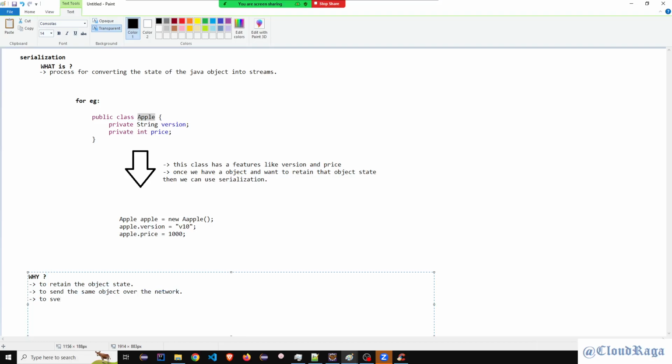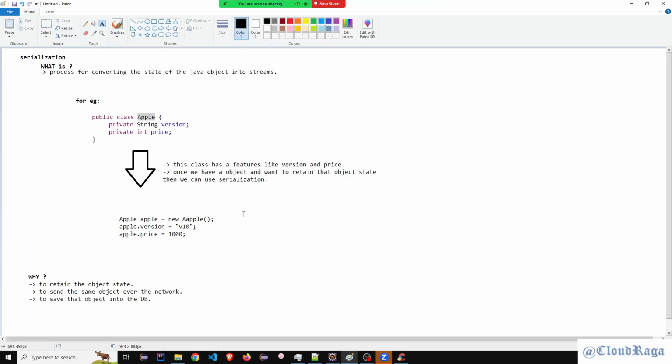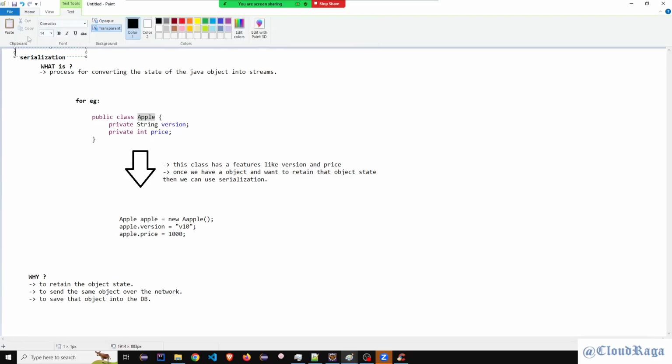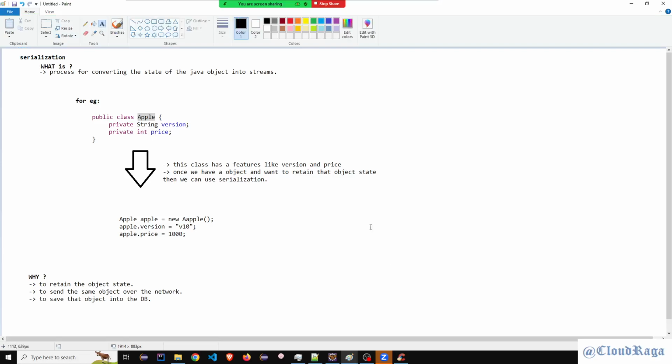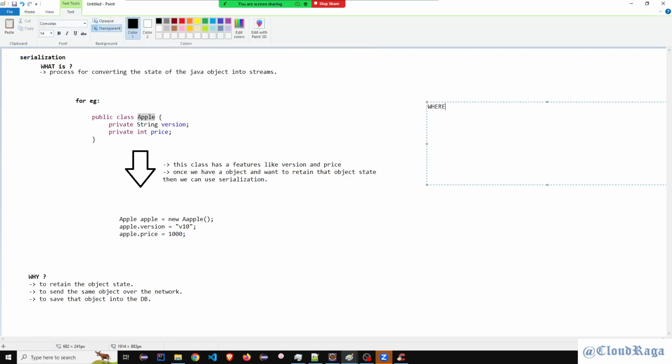नेटवर्क पर आपको ऑब्जेक्ट भेजना है विदाउट कन्वर्टिंग और इट्स स्टेट, जो भी है जैसा है वैसे ही आप ऑब्जेक्ट नेटवर्क में सेंड करना चाह रहे हो, तो वहाँ पर आप इसको यूज़ कर सकते हो सीरियलाइजेशन प्रोसेस को। और टू सेव दैट ऑब्जेक्ट इनटू द डेटाबेस। वन मोर एग्जांपल, कि जो भी ऑब्जेक्ट आपके पास बना है, अब उस स्टेट को आप डेटाबेस में सेव करना चाह रहे हो, तो वहाँ भी आप सीरियलाइजेशन कर सकते हो। एक बार ऑब्जेक्ट का स्टेट आपने सीरियलाइज कर दिया, उसके बाद उस ऑब्जेक्ट को आप कहीं रख सकते हो। और ये स्टेट कहाँ से होती है, वेयर वी सेव दिस serialized ऑब्जेक्ट।